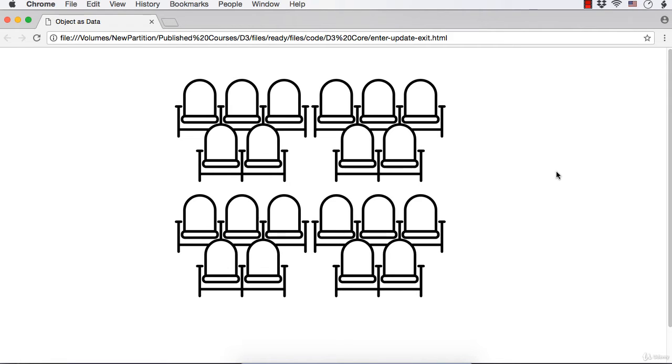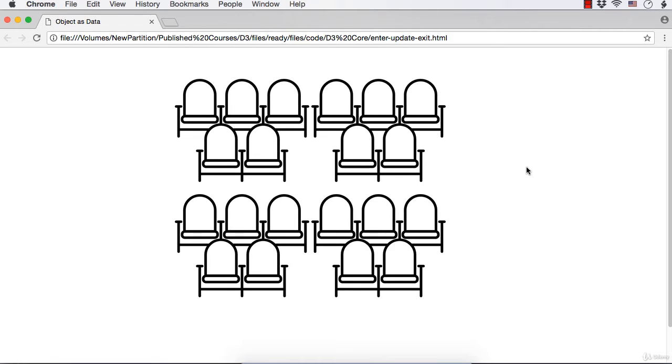Suppose there are 5 elements in a web page. Now, if we try to join an array of data with this, having 5 items in the array, then it is perfectly alright. There are 5 elements, say P elements, and there are 5 items in the array. So each element will get 1 item each. Suppose there are 7 elements in the array. As we have discussed here, there are 20 chairs and 25 people come in.